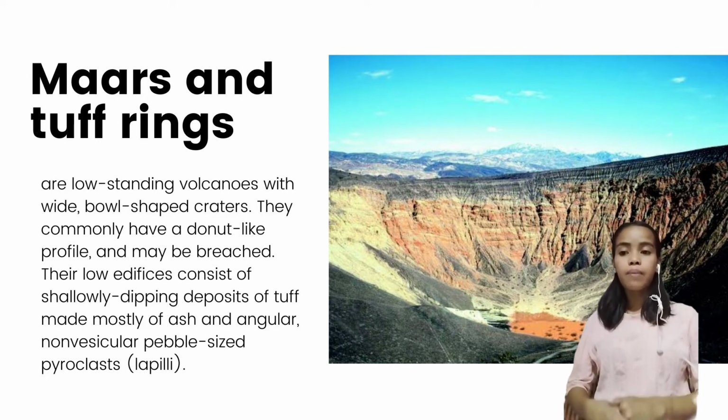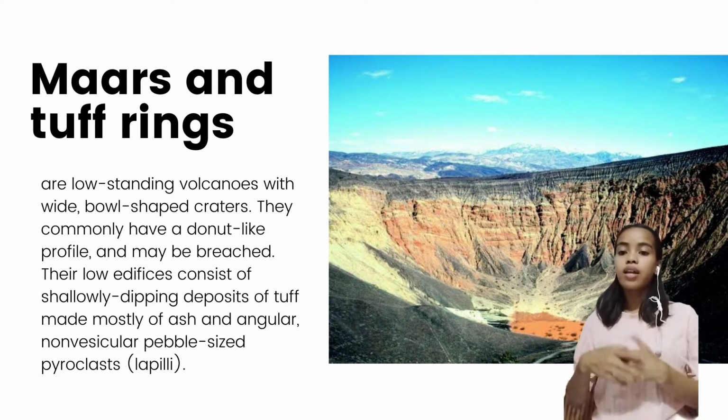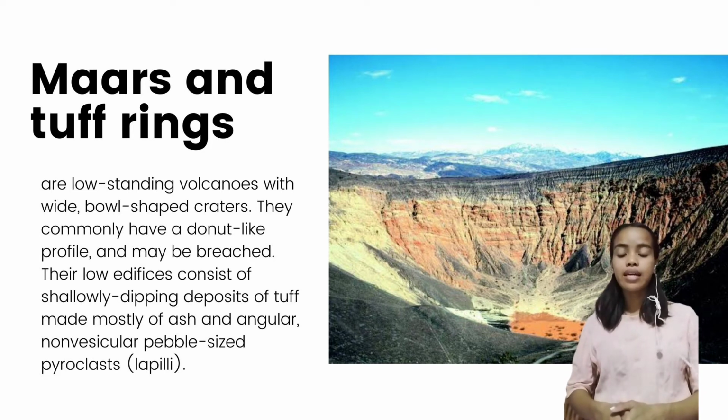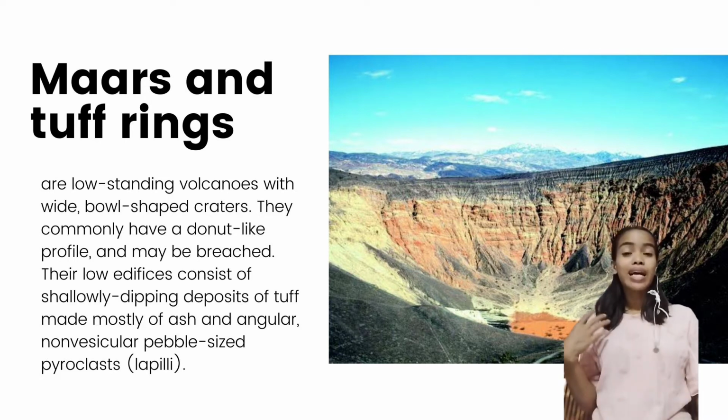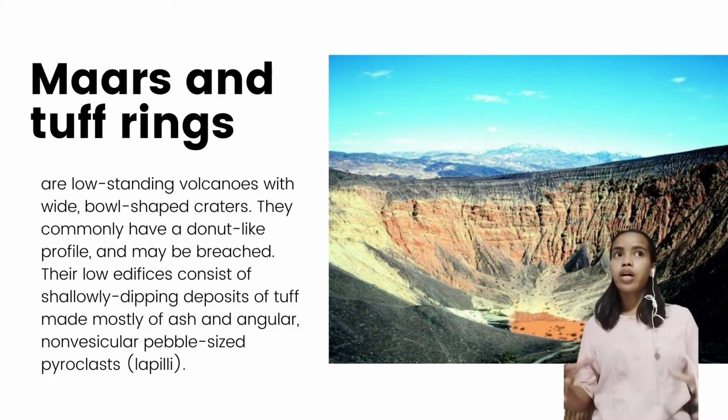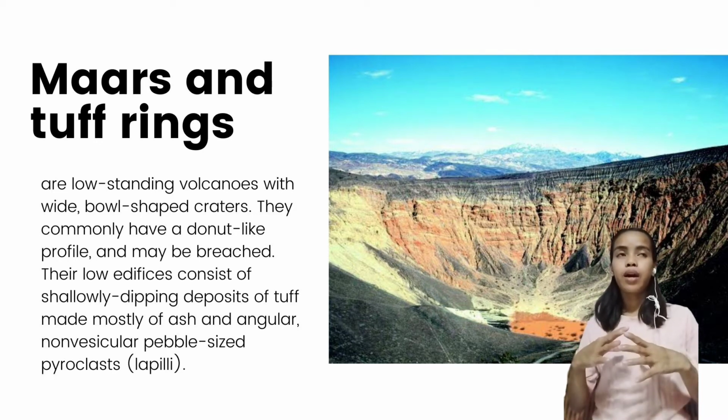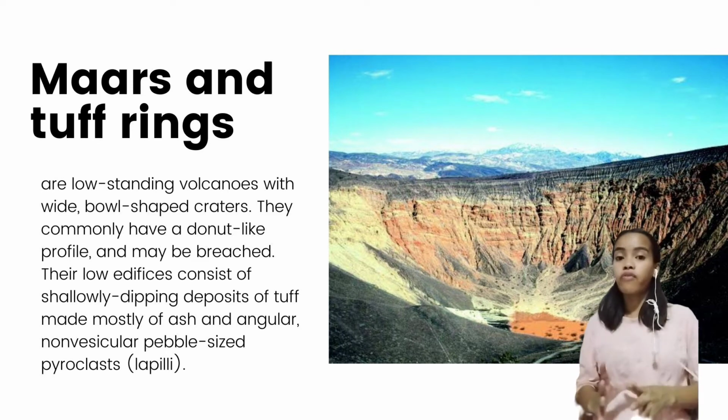Their low edifices consist of shallowly dipping deposits of tuff made mostly of ash and angular, non-vesicular pebble-sized pyroclasts or lapilli. So as you can see here, it's just like a volcano with a donut-like profile,